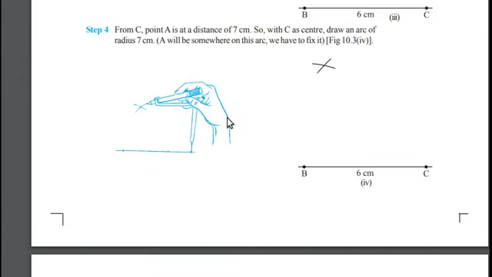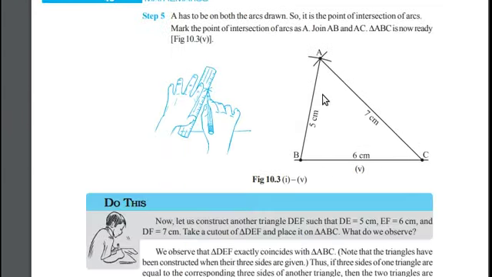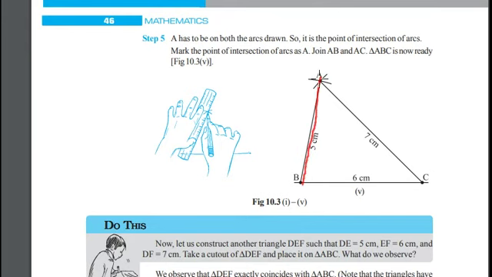The similar thing what we have done for point B, we will follow the same thing for point C. We know that the distance of AC is 7 cm. So keeping C as a center, draw an arc. We find a point of intersection. This is point A. Finally, in the step 5, join the line segment. Join AB and join AC. Here we have constructed a triangle making use of the length of three sides. Length of three sides are 6 cm, 5 cm and 7 cm.